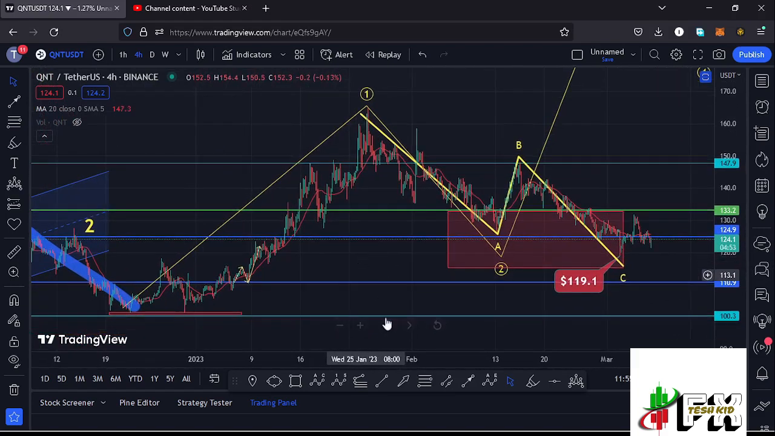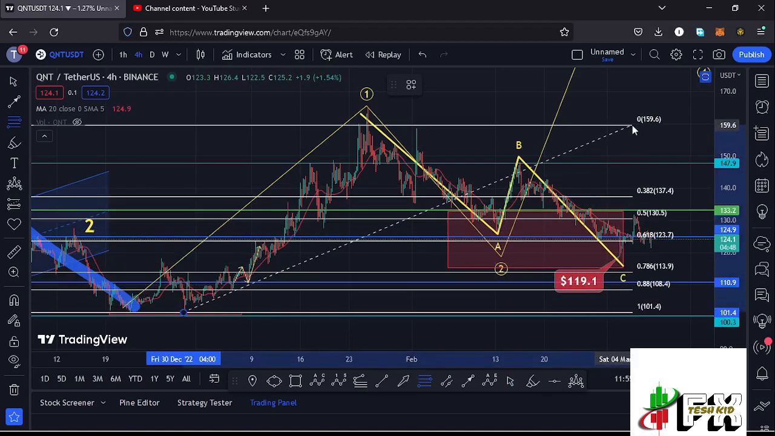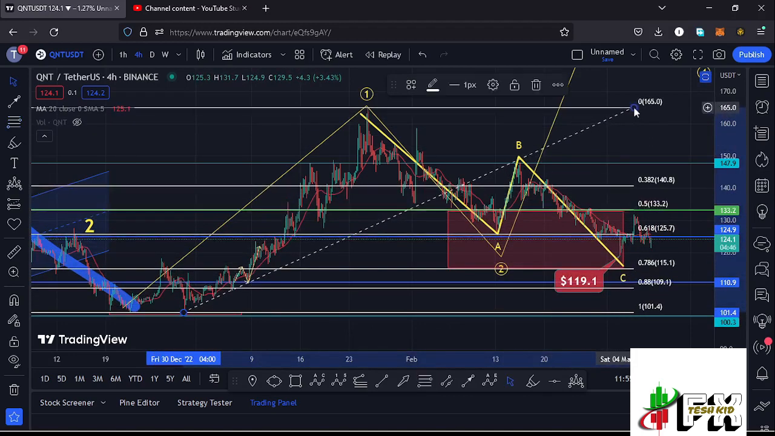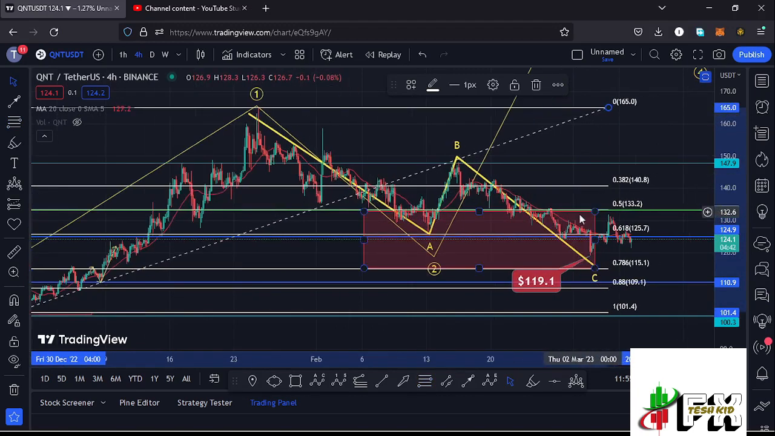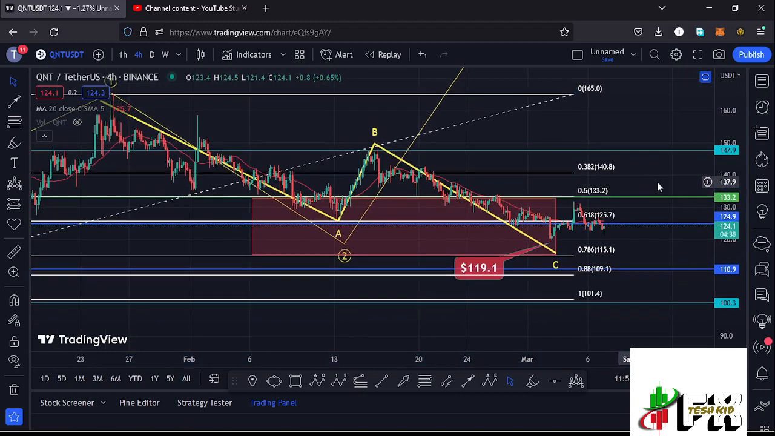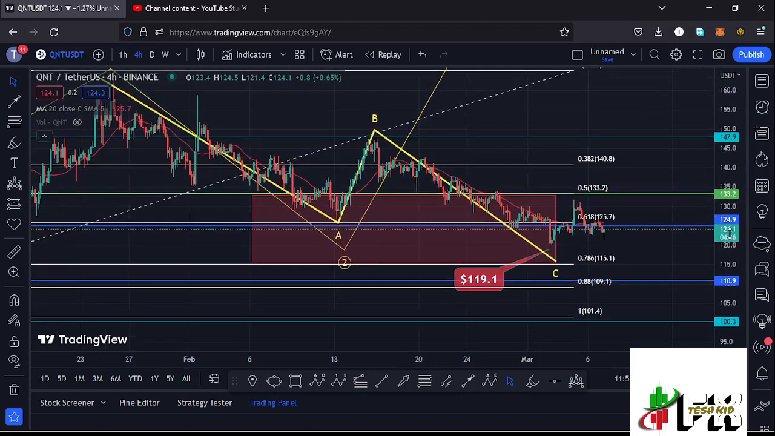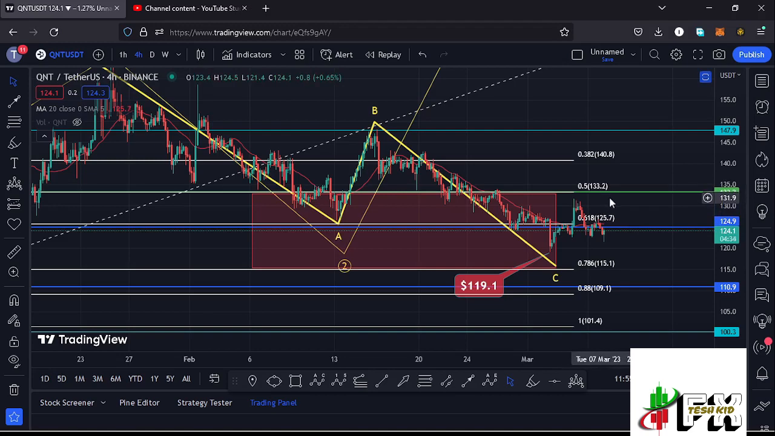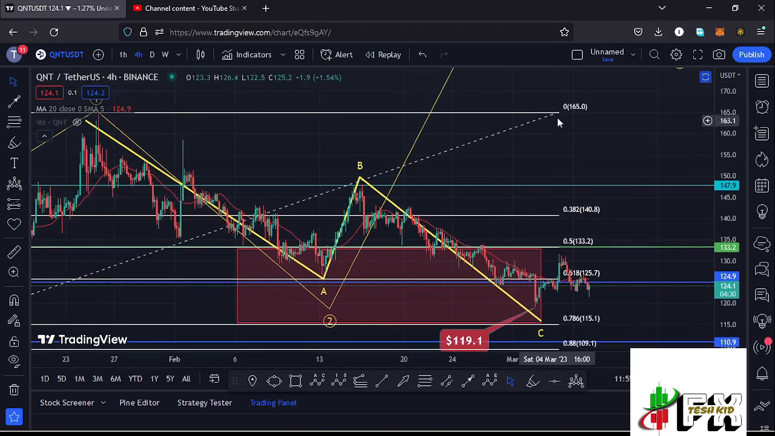wave Quant 2, and using the Fibonacci's, connecting them from the low of the first wave to the high of that wave 1, that gave me a minimum retracement area to the lower side in the formation of that larger Elliott wave Quant 2 between the fib level 0.5 and the fib level 0.78, which is a target area that lies between the $133.2 mark and the $115.1 mark,